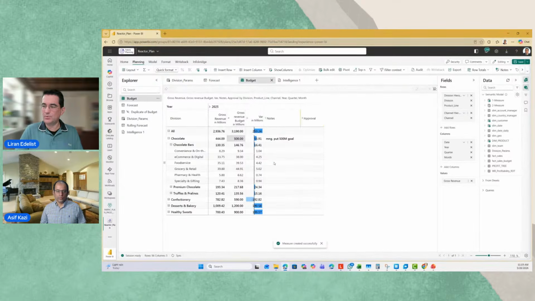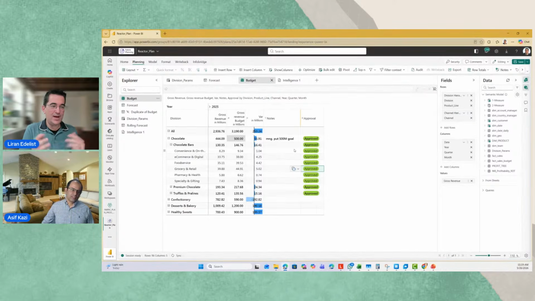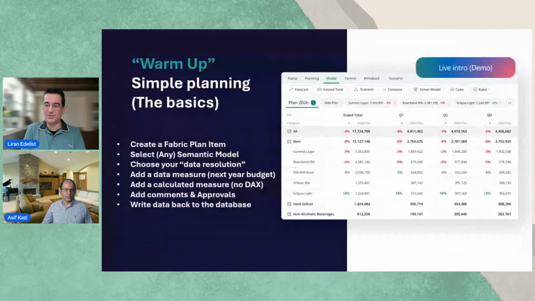But literally now, the person that made the change can say, I submitted that. I can get a notification for that, and I can go back here and say, I really want to approve that. And actually, this whole business line looks good, so I want to approve it for all the chocolate bars. So we spent about 5 minutes, and again, that's only the simple planning piece, but you can do data entry, make adjustments, make calculations, conditional formatting, approval workflow, and this is only the start, right? This is only the warm-up.